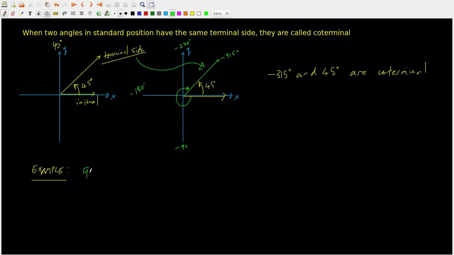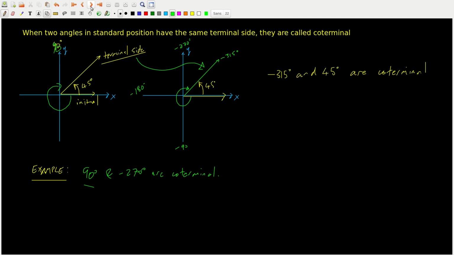As another example, think about 90 degrees up here. 90 degrees is this point up on the positive y-axis. 90 degrees has to be coterminal to -270 degrees. So -270 degrees and 90 degrees are coterminal. So we can think about lots of examples of that, and we will, but before we talk about that more,